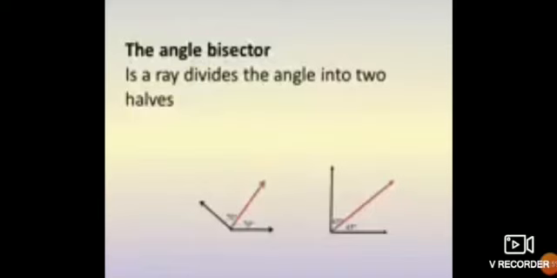And the other one, the red colored ray, also divides the angle into 60 degrees. This red colored ray divides the angle into two equal parts. This is a right angle. Its measure is 90 degrees. This ray divides it into 45 and 45 degrees also. And the other one, the red colored ray, also divides the angle into 60 degrees and